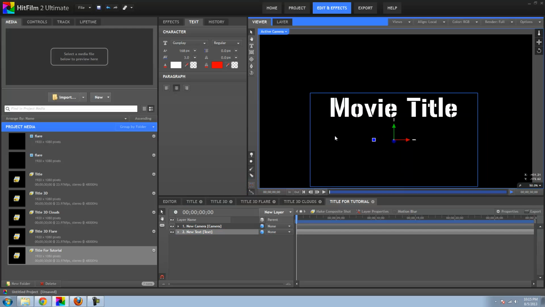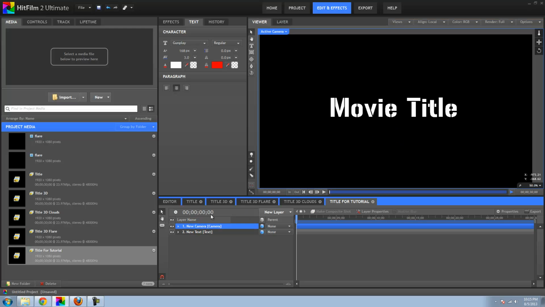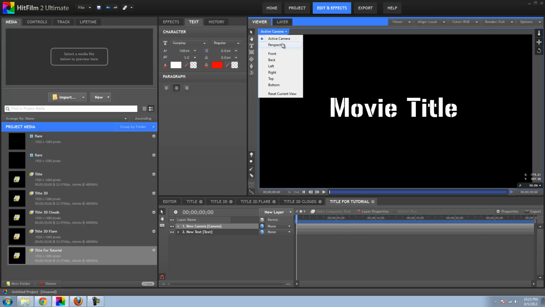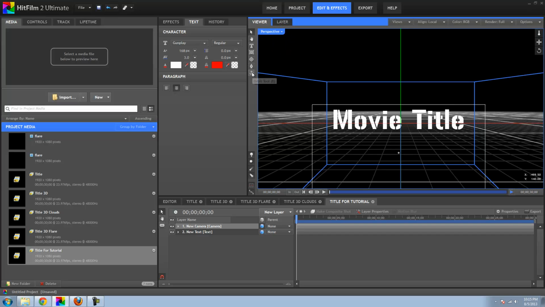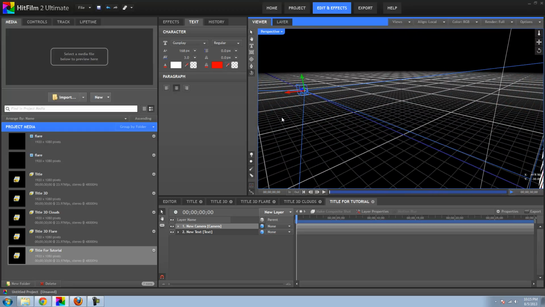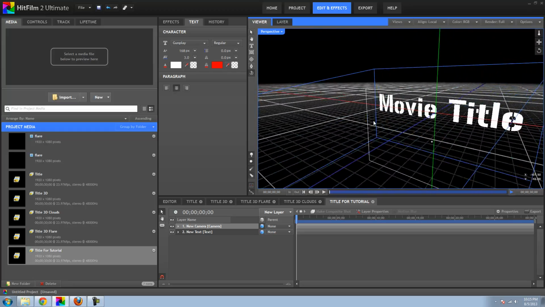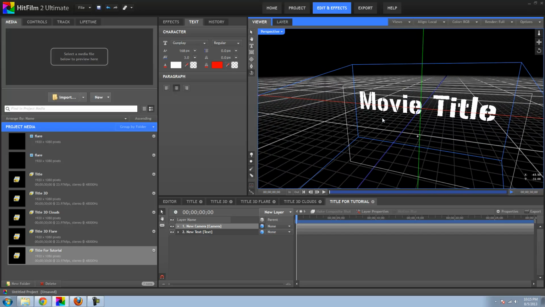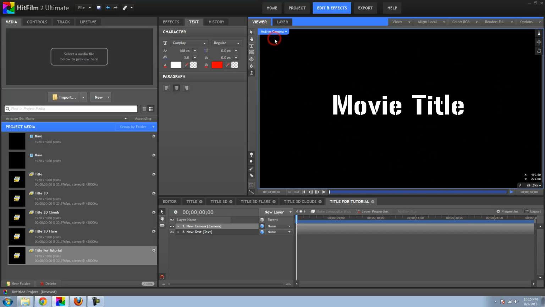Now, when you make this a 3D plane, it makes a camera that you can't really see here, but if we go to perspective view and click on the orbit tool, we can actually see that there's the camera right there that's looking at this 3D plane where our title is. So going back to the active camera right here,